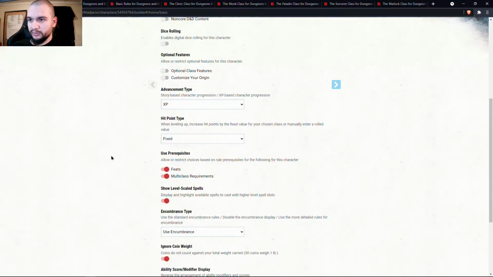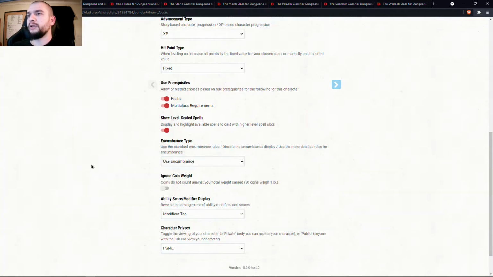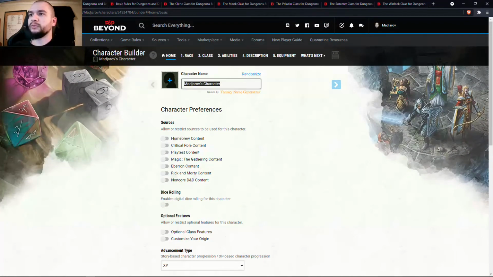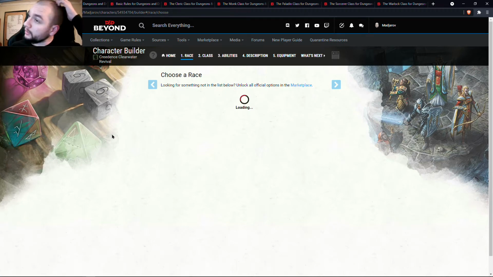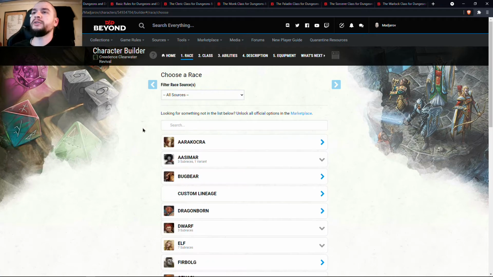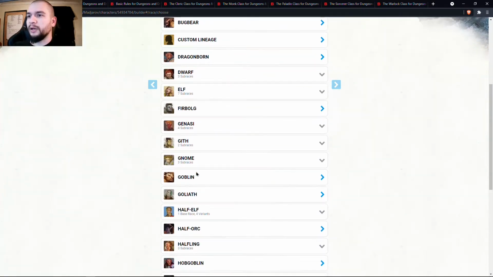And we'll get into some more flavorful classes in a bit. So we're going to say this guy's name is Credence Clearwater Revival. And I'll make it a she. Let's make it a she. She is a